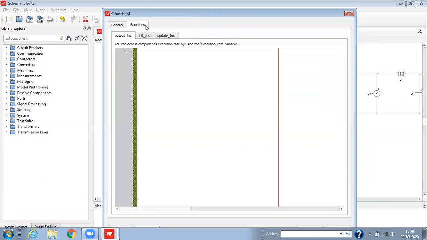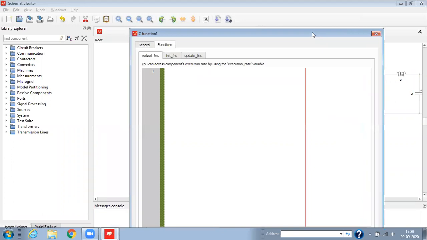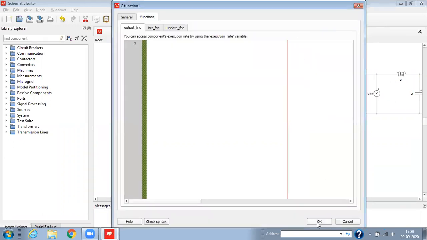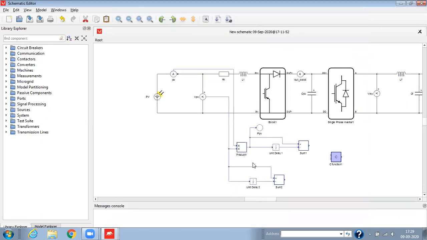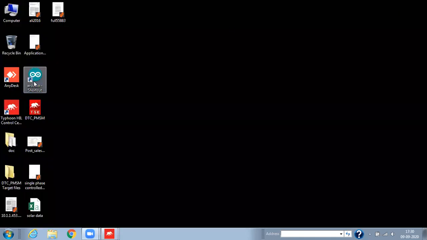Now we have to write the code in the C function block, and it will take time to write it. Now we have the written code, so I'll copy that code and paste it here. I have to close this anyway. You can see that we have the two inputs here. The first input is for change in power, so I have written that, and you can connect that one, and the second input is for change in voltage. Let me open the code here.